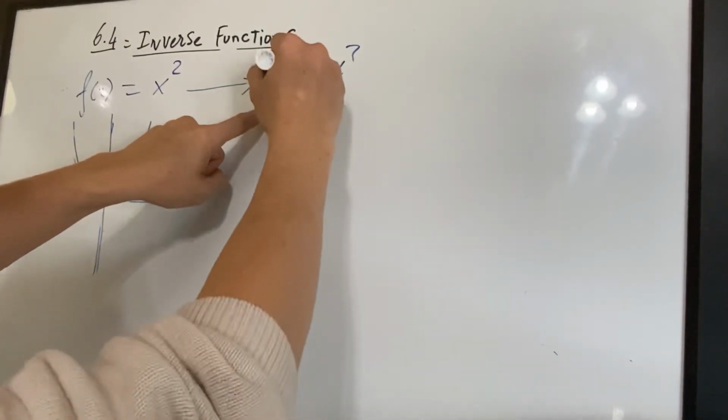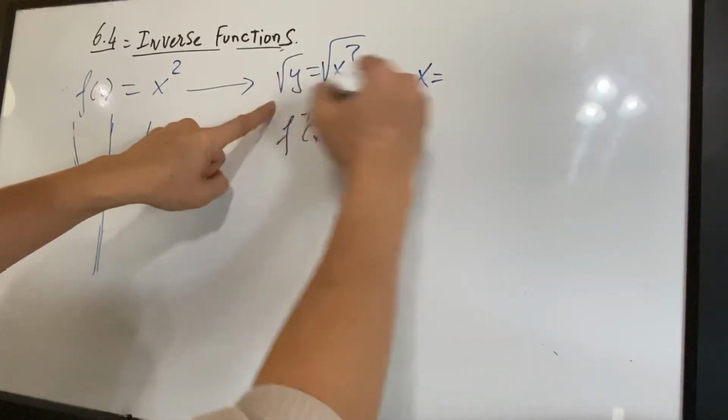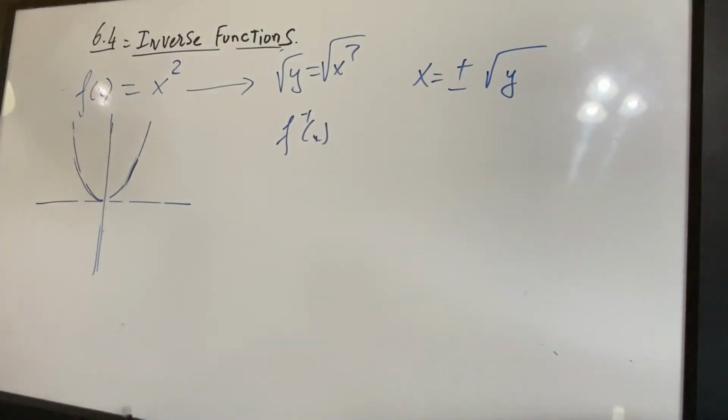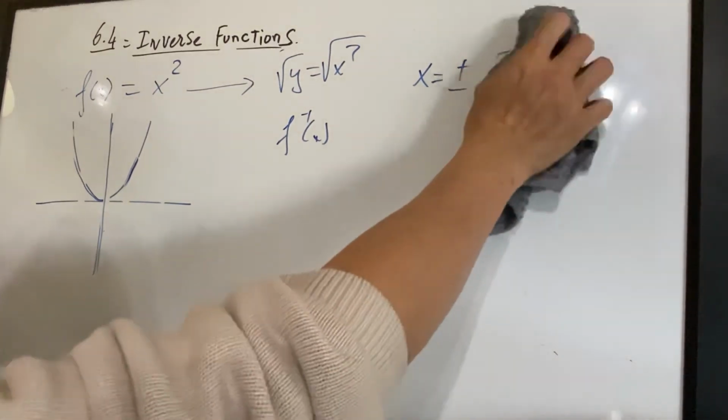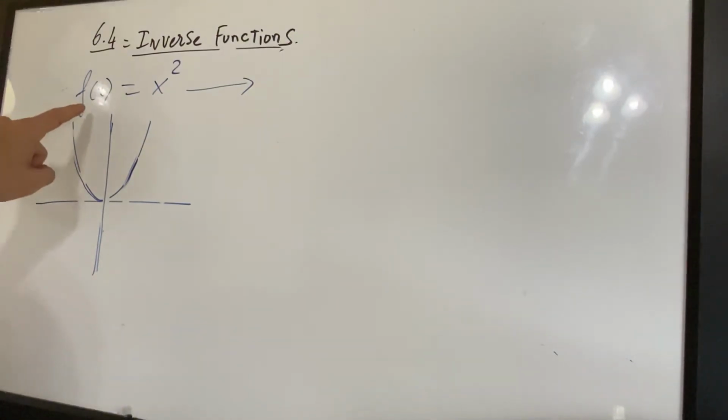What do you do? You take the square root of both sides. So now what? X equals what? Positive or negative square root of y. There we go. You see that? Now, this is key for you to say, okay, Mr. Dan, what shall we do right here? Oh, I am using the example. Oh no, they want to find the inverse right here. Wait. Here you go. This is the x squared, and in your textbook